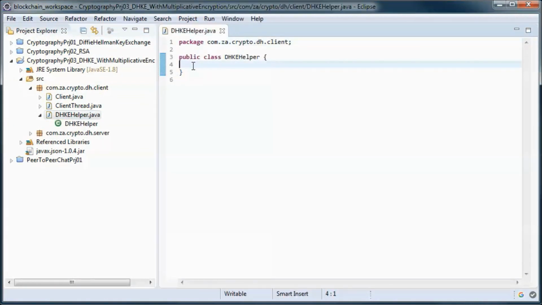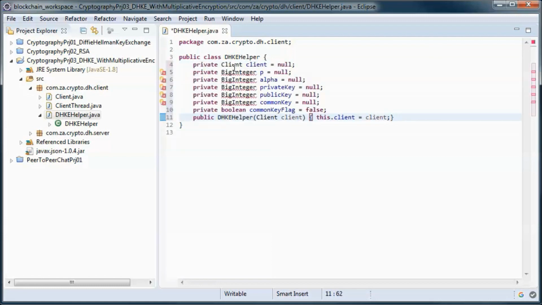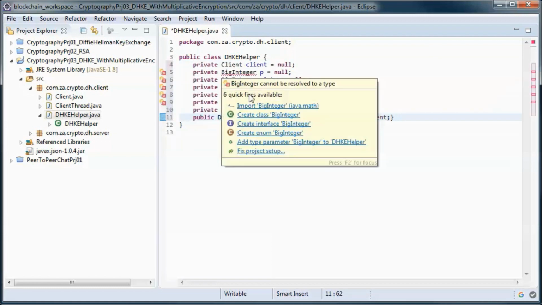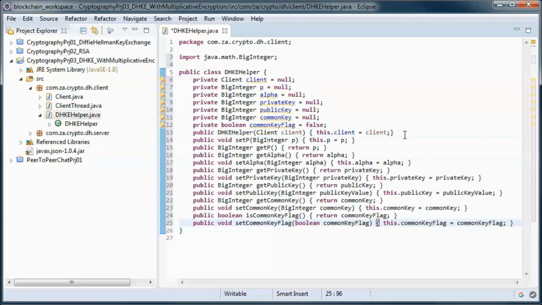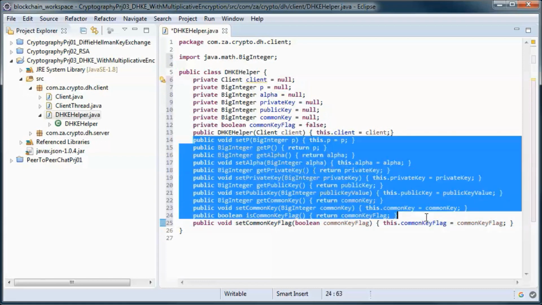Now this class will keep track of the client, P and alpha, the private and the public keys, and the common key, and the client is initialized in the constructor, and we will have those get and set methods.